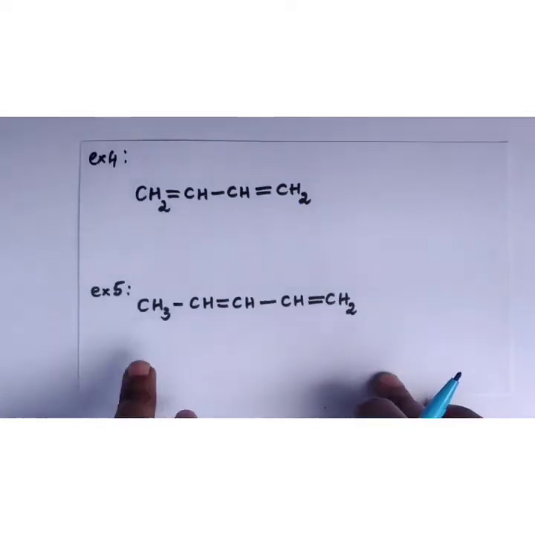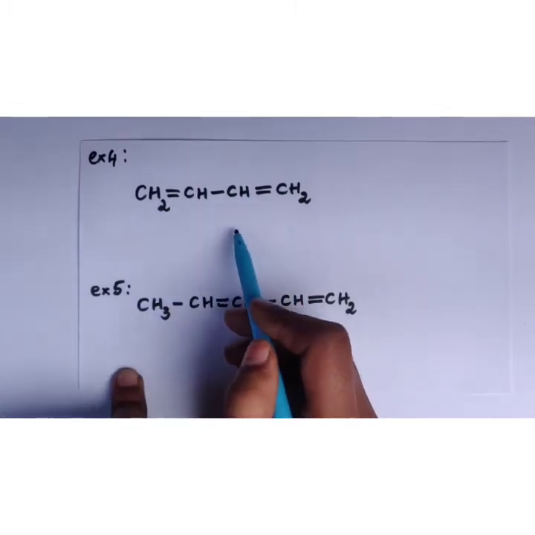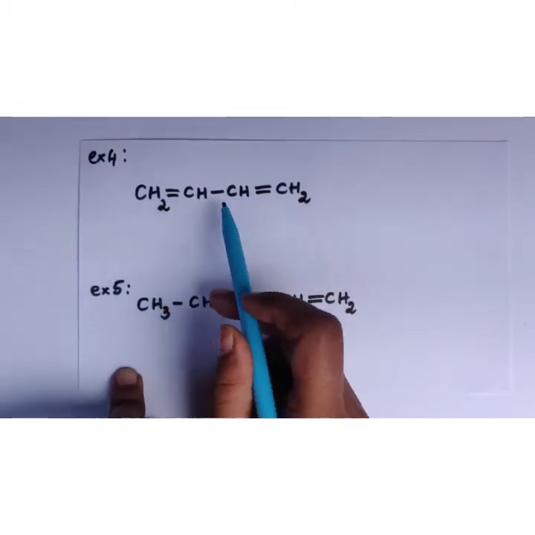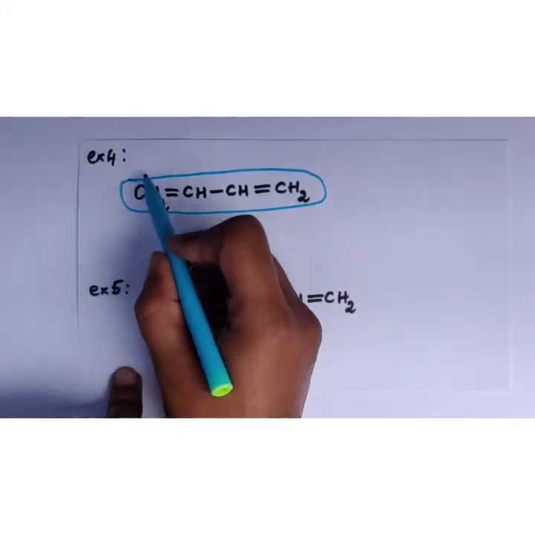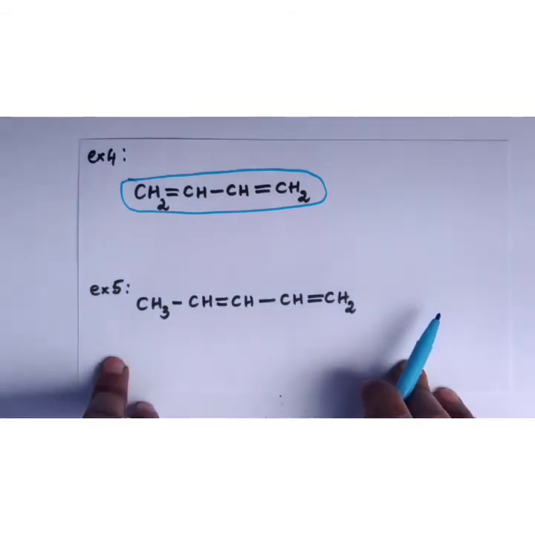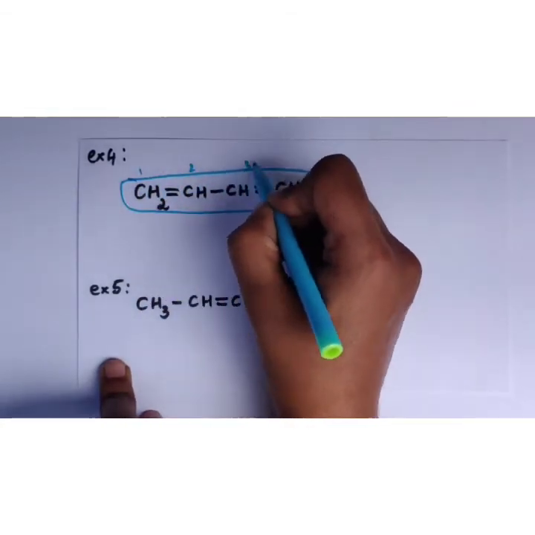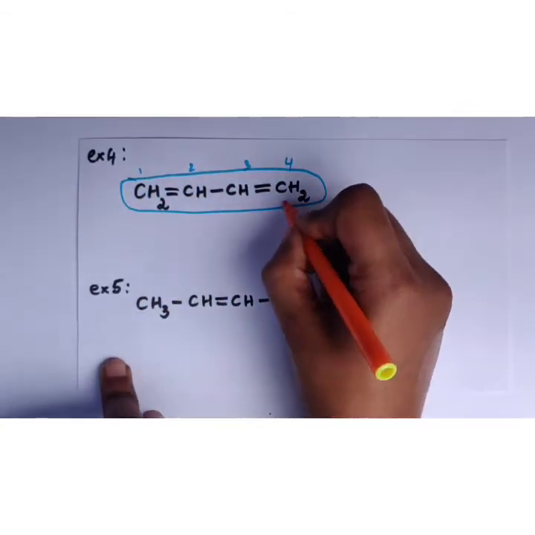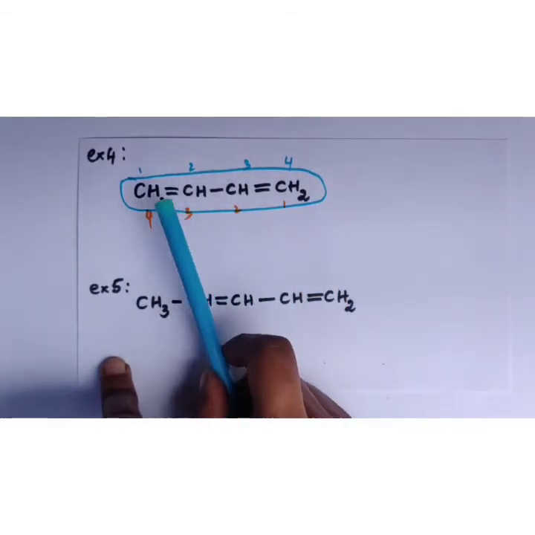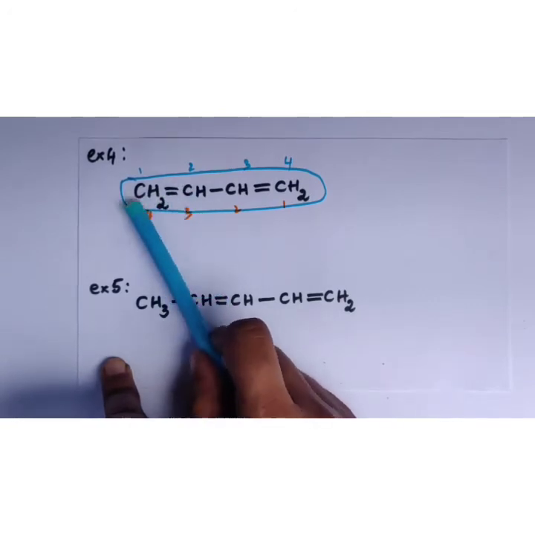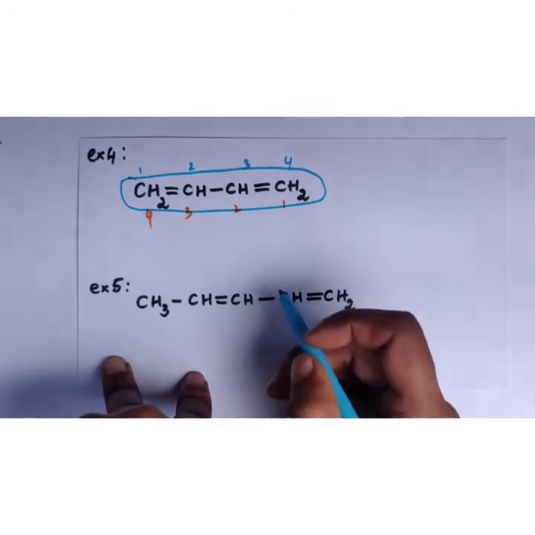The next example, example 4. Here we have got 2 double bonds. This is the same as when 2 chloros or 2 bromos are there. How do you do it? In the same way. Select the parent chain. Here also you have to look into whether it is equivalent or non-equivalent. So I'll just give the example. How do you do it? 1, 2, 3, 4. If you number it from this side, 1, 2, 3, 4. Looking at this, you can make out easily it is equivalent, because the double bond is present at the first carbon atom. Anyhow, I'll teach you the method.